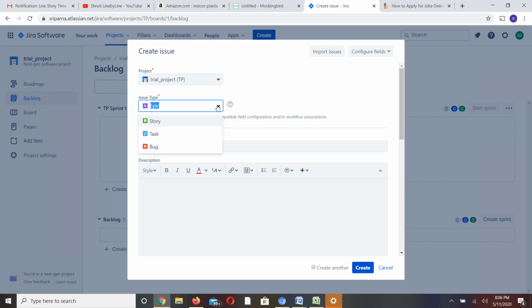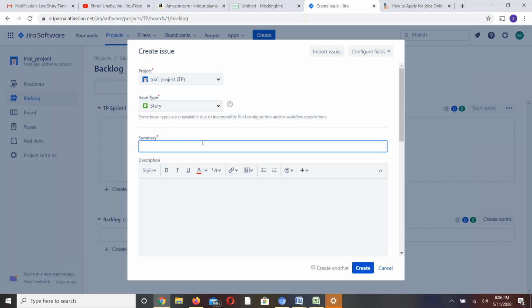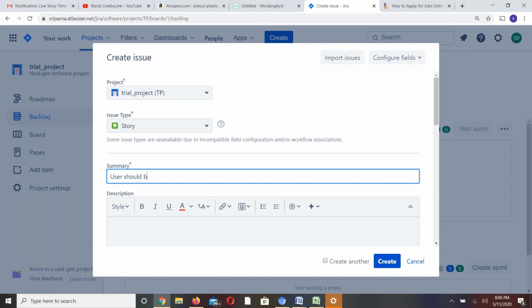If I want to create a story, I'll pick up the story here. Summary of the story is: user should be able to see the dashboard with all the open items.